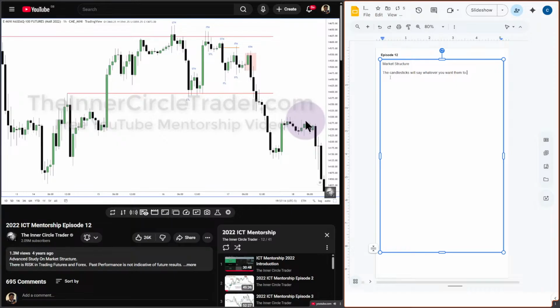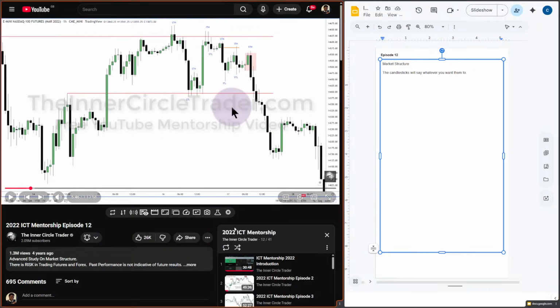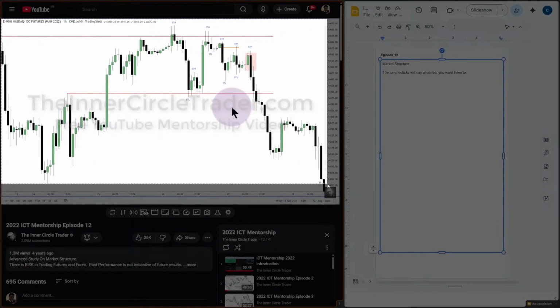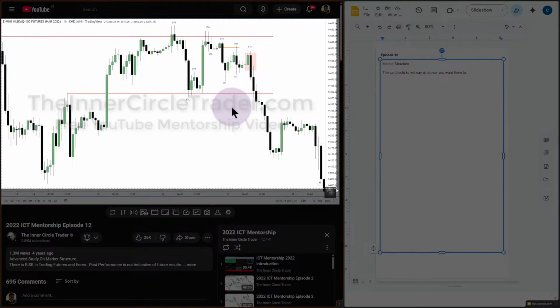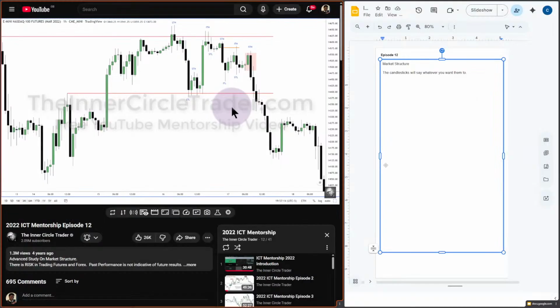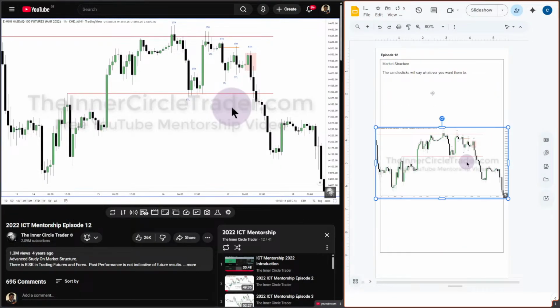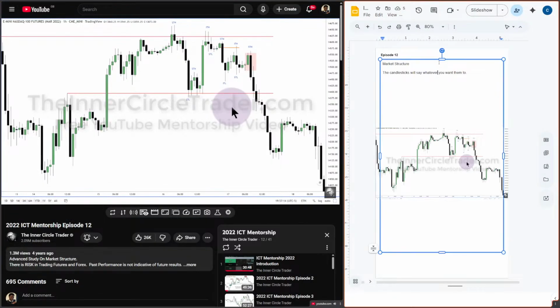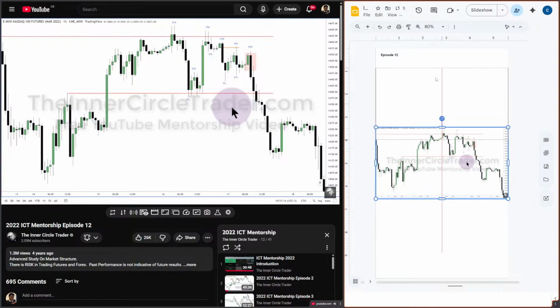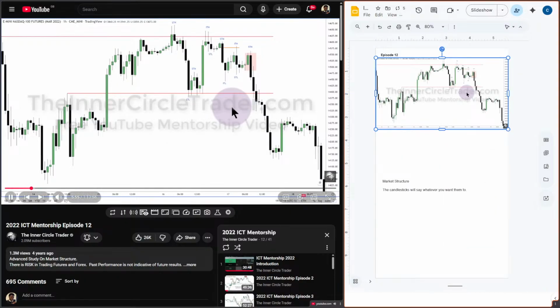All right, so we are looking inside that fair value gap in the daily chart. This was the high end of that fair value gap, and this was the low end of that fair value gap. The time frame on this chart, as you can see here, is 1 hour, and I've outlined market structure with the idea of long-term high, long-term low, short-term high, short-term low, and in between those two swing points, there's an intermediate-term high and an intermediate-term low.